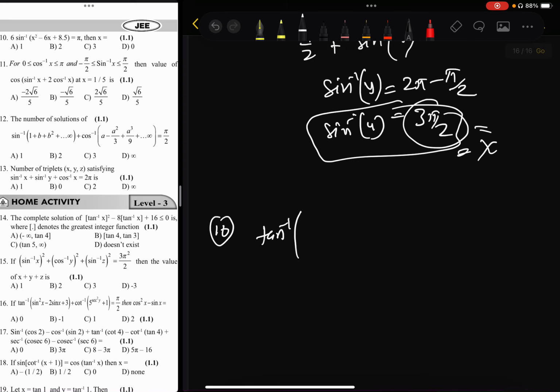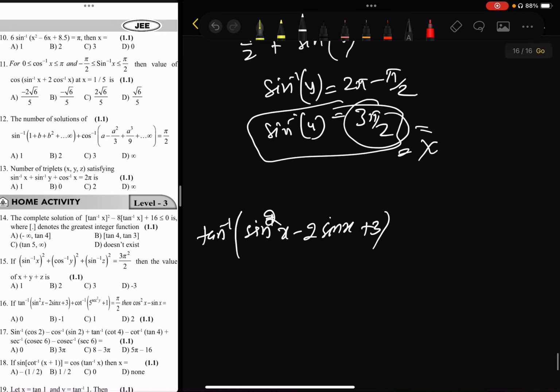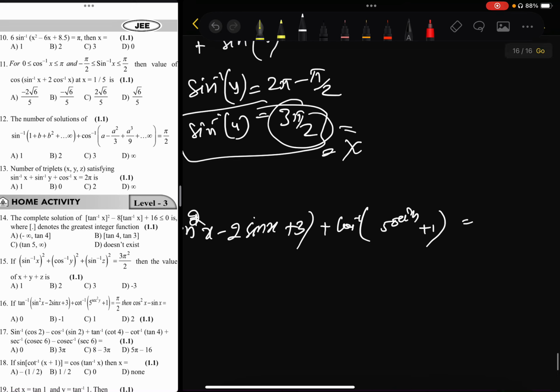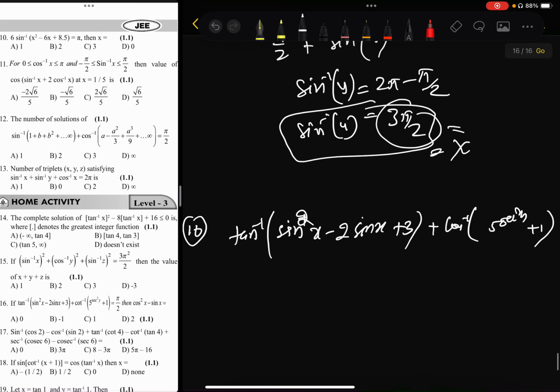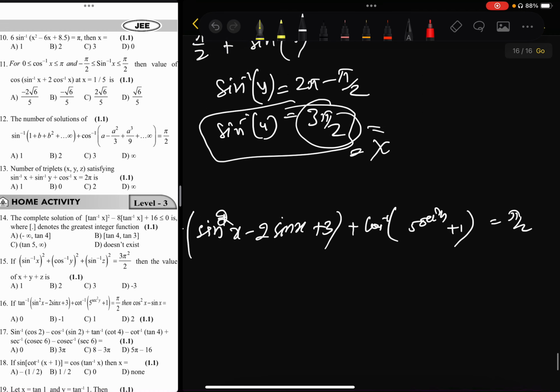Tan inverse sine square x minus 2 sine x plus 3. Here cot inverse 5 times sec square y. Okay, y is involved here, that is equal to 5 pi by 2, right? Now see,